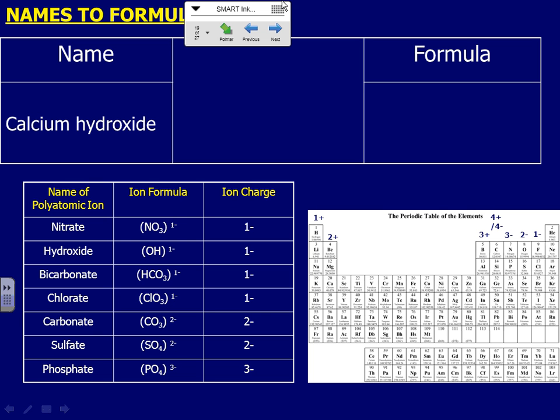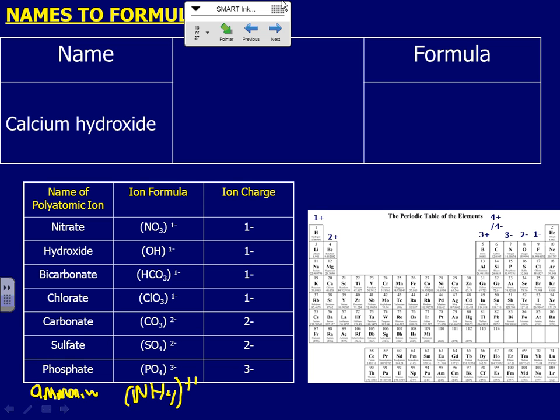Calcium hydroxide. We are naming these things. These are the new ones. They're made up of more than 1 atom. This is a chlorine with 3 oxygens. I had them add 1 more to it called ammonium. And it is NH4, and it has a +1 charge. So I haven't used one of those yet. Anyway,